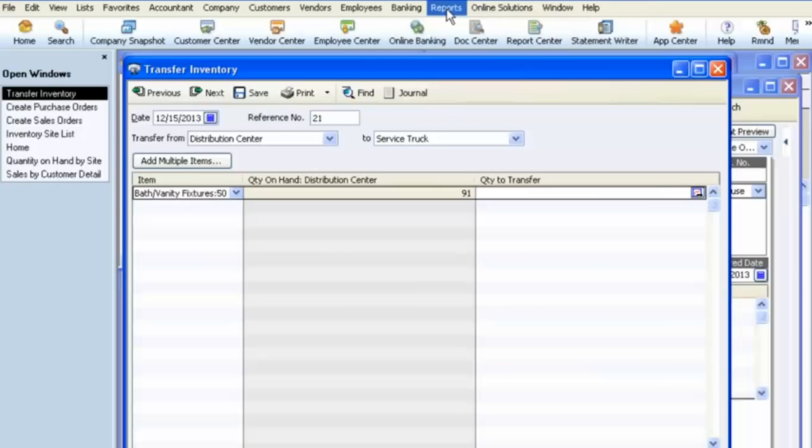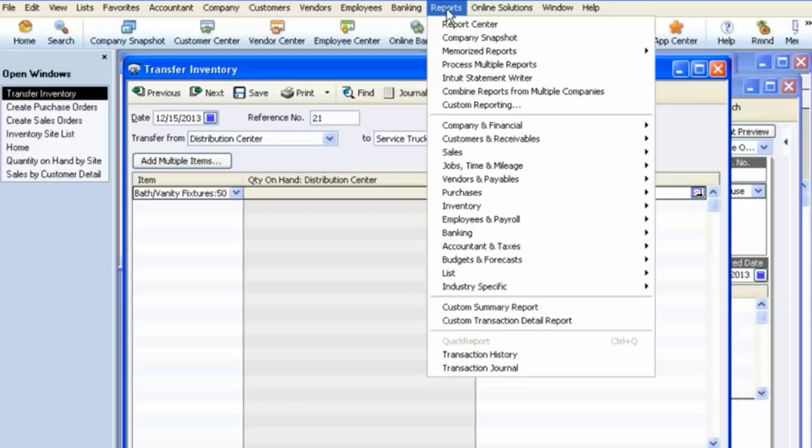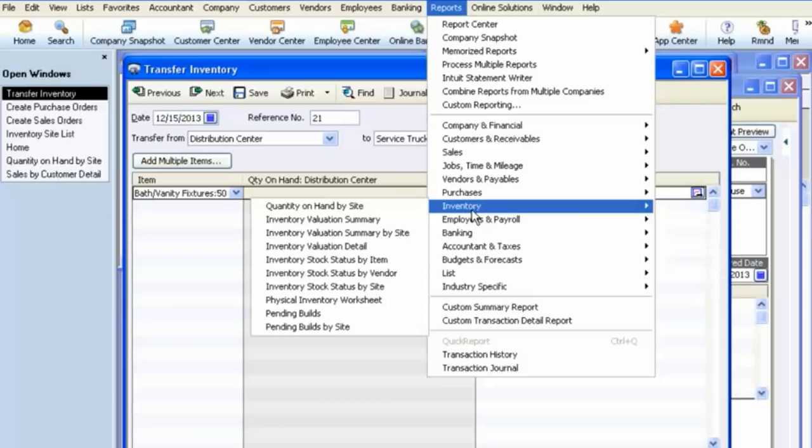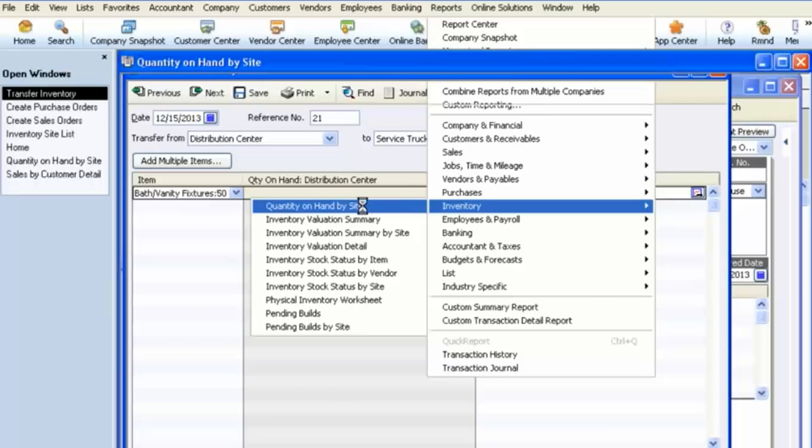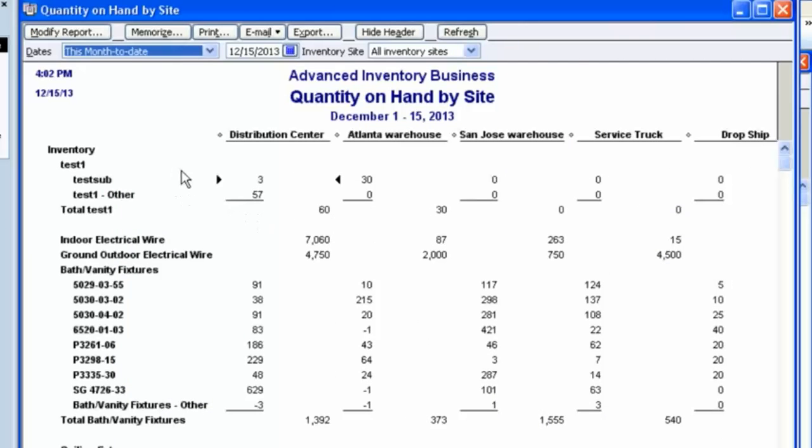We've added a number of new reports to support the inventory locations. Many of them are under the inventory menu. The first, probably most important one that many people want to see is the quantity on hand by site. This shows you for all of your items how many items you have on hand in each location. If you are somebody who focuses on one location primarily,